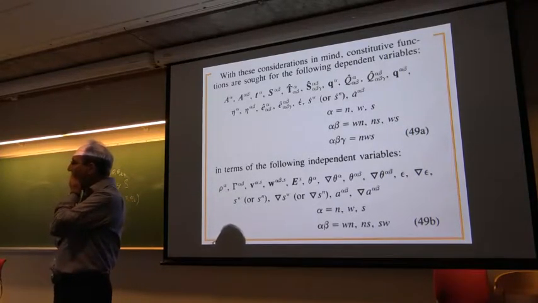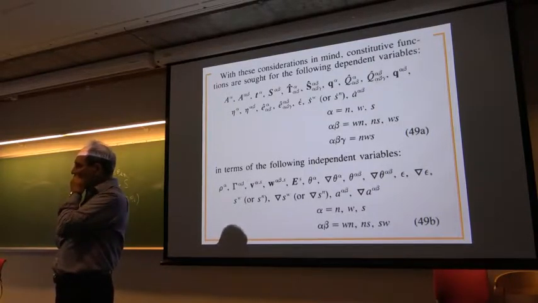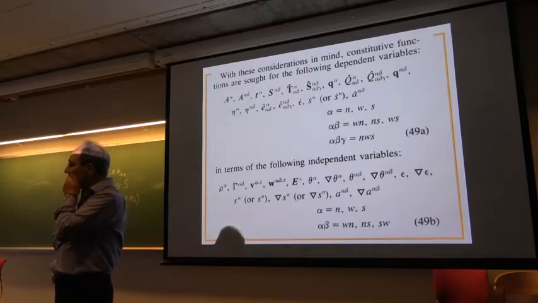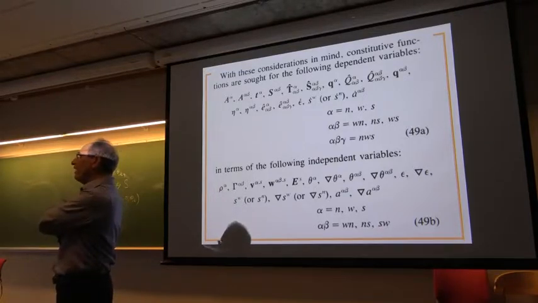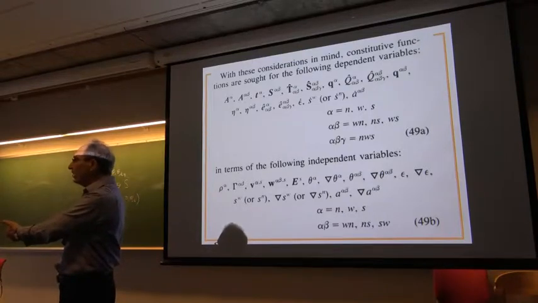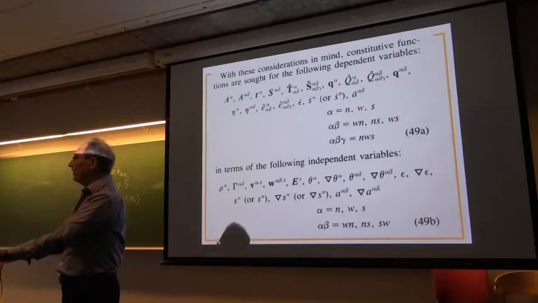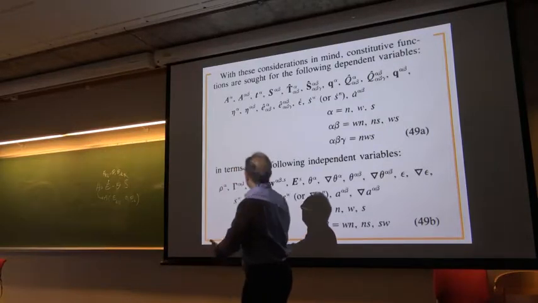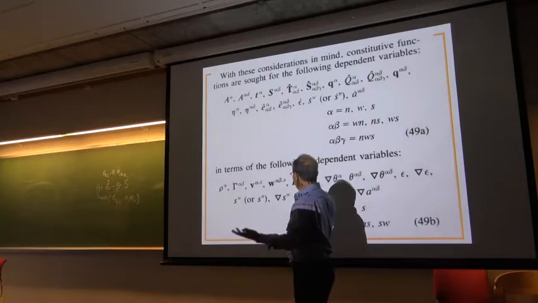I mean, you say, okay, I have the following independent variables, and that implies that everything further depends on those independent variables. That is perfectly correct. However, if you don't have the equation, that doesn't tell you anything. But I get the equation. Soon you will see I get restrictions on these S dot and epsilon dot from the entropy inequality. So I say it's an unknown arbitrary function of all of these.